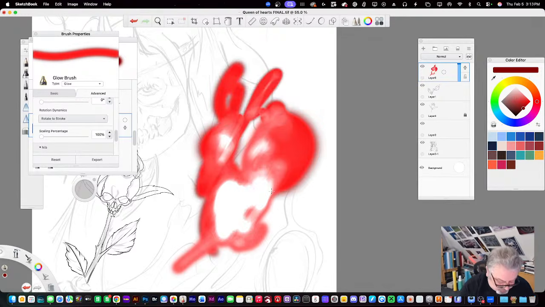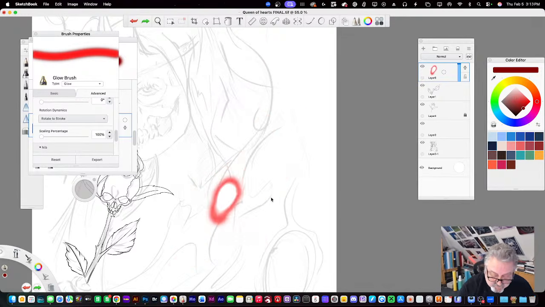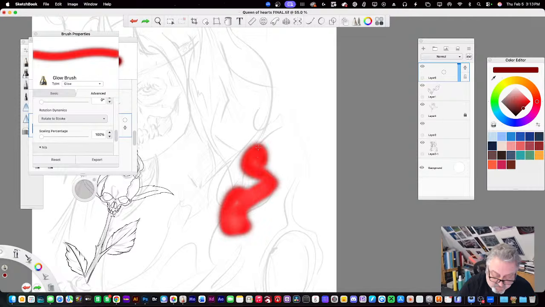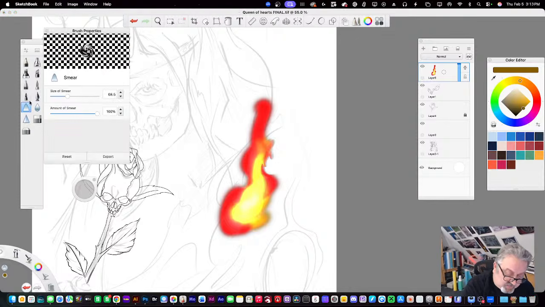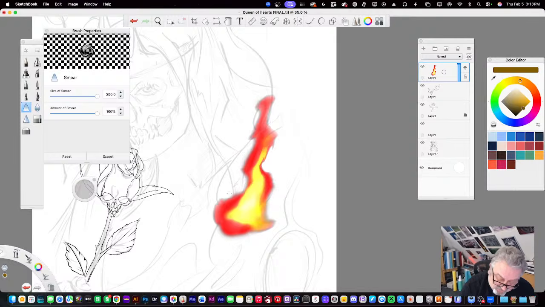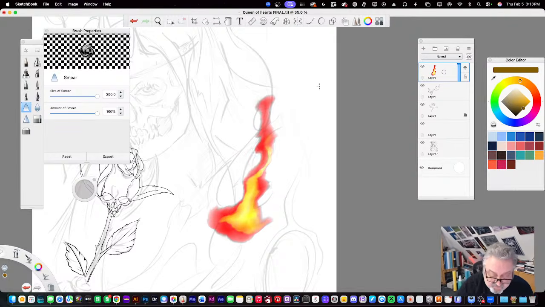Reset the brush. What you can do with a lot of these is do multiple colors like this. And then I like using this smear tool here. This is off topic, but you can set the amount of smear and how big it is. And you can literally start to drag stuff around. It's really cool for roughing out concepts. I'm just spinning around and moving stuff around. It's a really cool, quick technique.